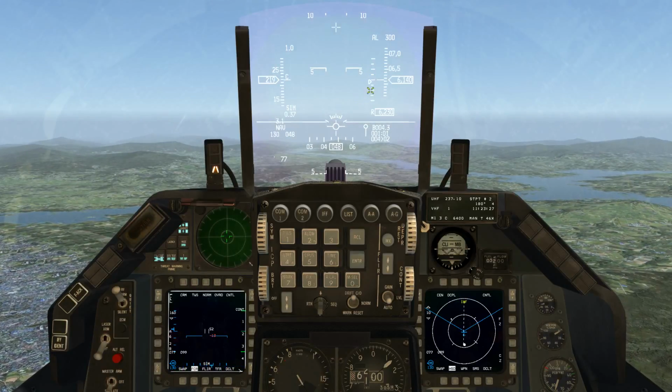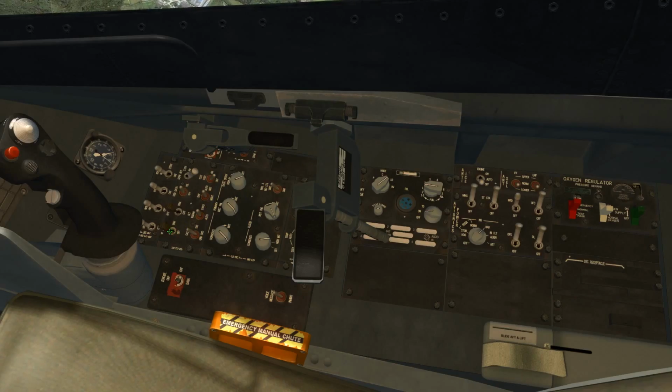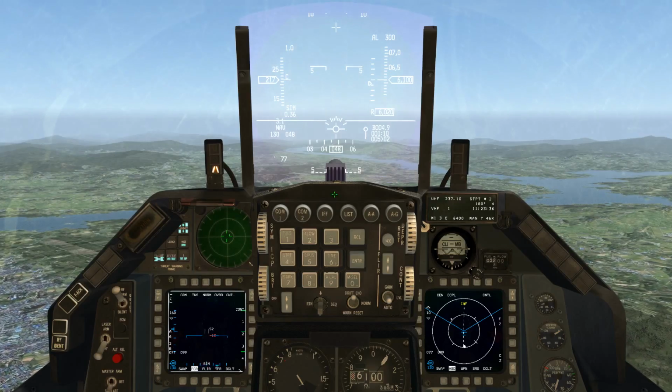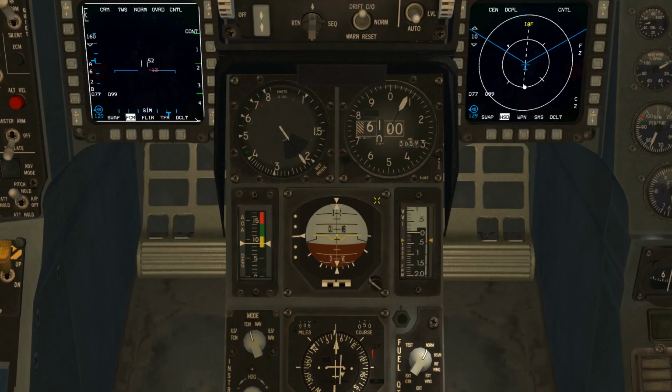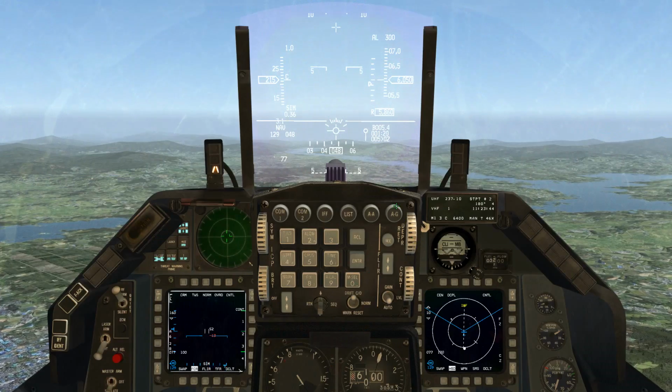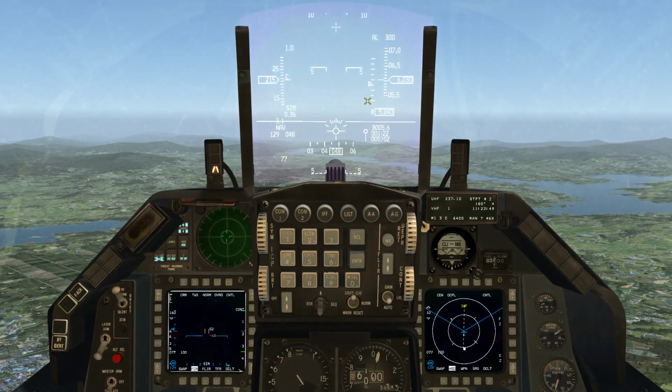I've put a vertical velocity scale up here in the HUD. If you don't have that up, you can use this vertical toggle switch here and put yourself a vertical velocity scale. And that way I don't have to look down here to see my vertical velocity. To maintain the arc, I'm going to use about a 2,000 foot per minute rate of descent. So I'm going to put this caret on this index here,